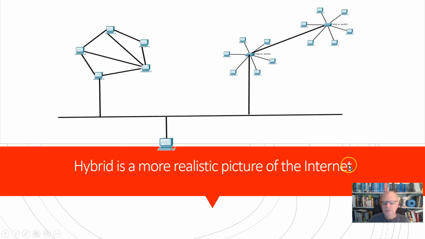Finally, the hybrid. The only real note I can make about this is that the hybrid is the more realistic picture of what the internet might look like. I'll have stars, stars upon stars, maybe individual PCs. I can have rings and meshes and all sorts of combinations. This is a bus here, all sorts of combinations, and that's more realistic of what the world looks like. We have lots of different kinds of networks all connected to each other. So that's it for hybrid